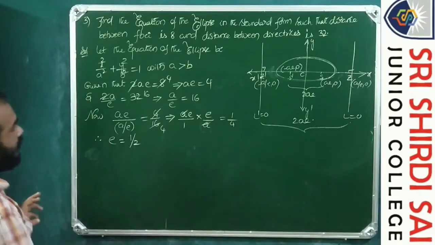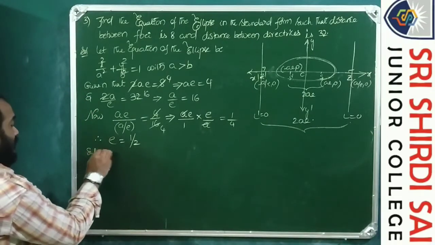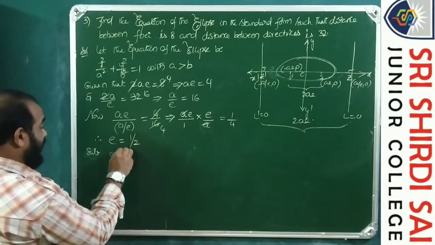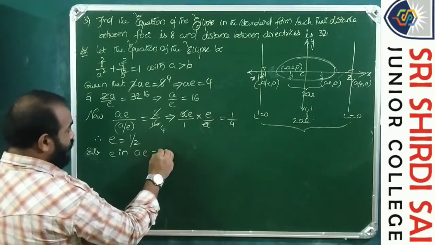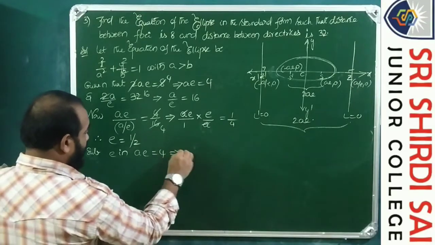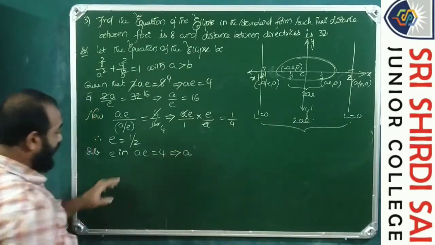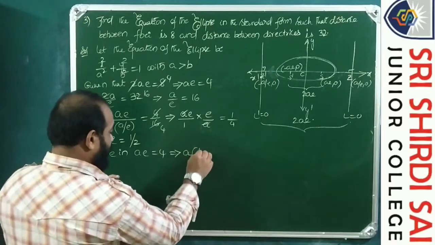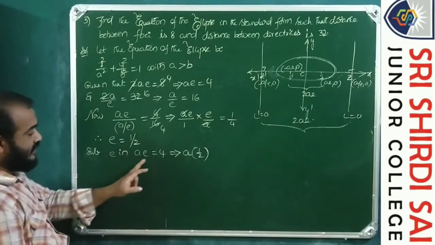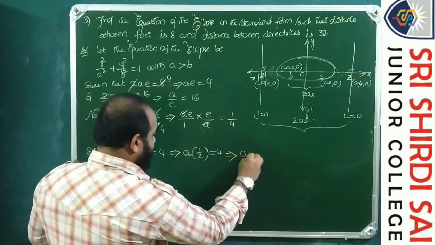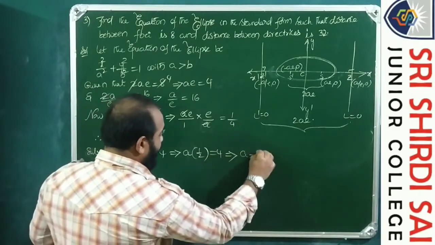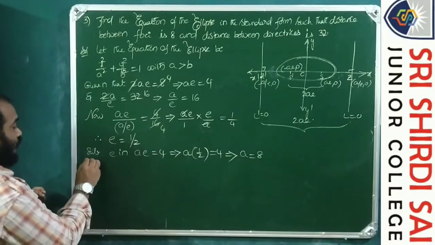Now substituting E in this, AE is equals to 4. That implies A into E value, E value is 1 by 2, equals to 4. From this, A is equals to 2 fours are 8. So we have,